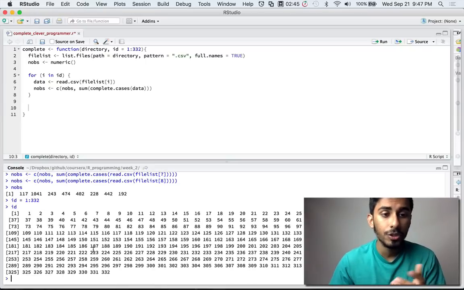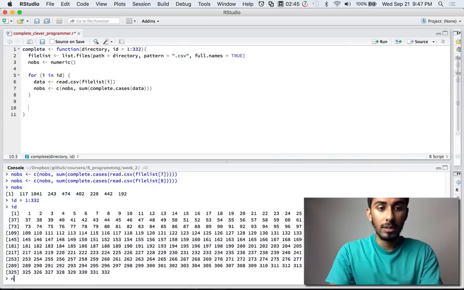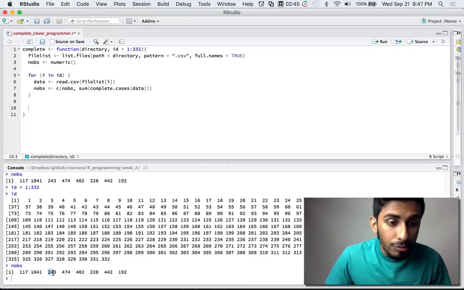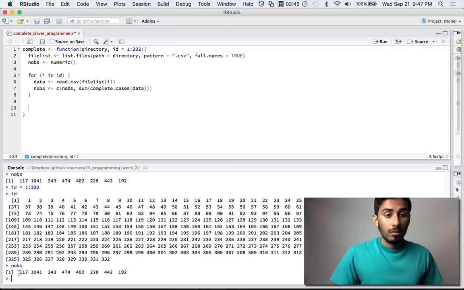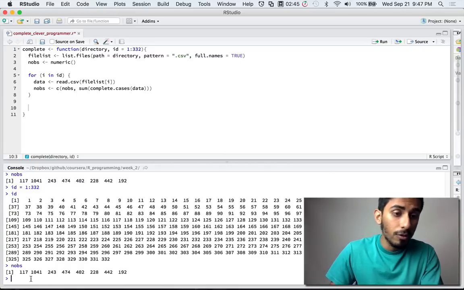And the last thing I want to show you is if I do knobs down here, right? We have 1, 2, 3, 4, 5, 6, 7, 8 files. We got 117 complete cases for the first one, 1,041 cases for the second one, 243 cases for the third one, and 474 cases for the fourth one. We have 1, 2, 3, 4, 5, 6, 7, 8 files. So